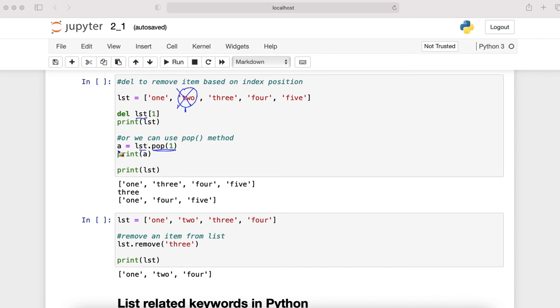You can store that item in this A, so print A will get this. Now let's try to understand this. First delete will delete this, and if we print the list, we'll get this list. Now in this list, this is location 0, this is location 1, this is location 2, this is 3. Now if you do pop on this same list, list dot pop 1,